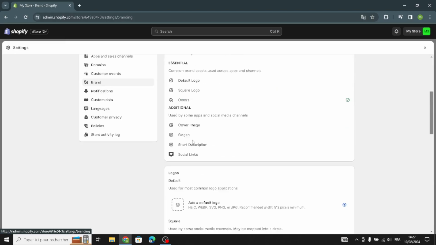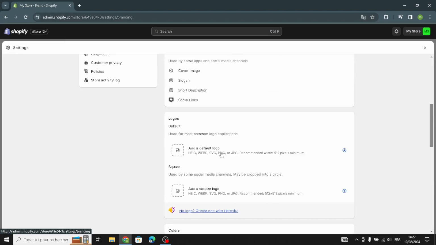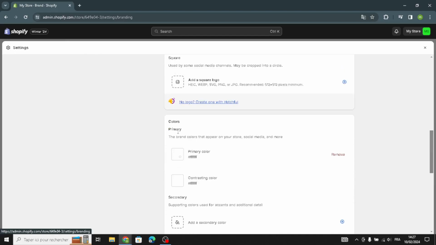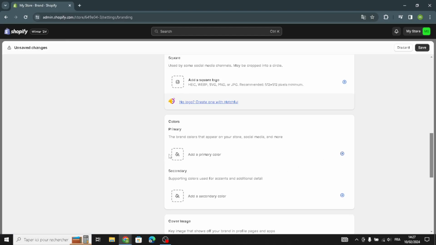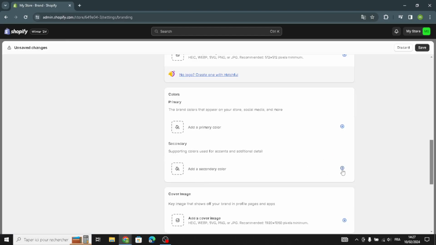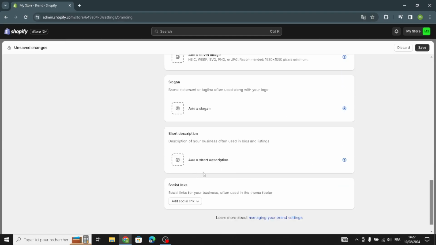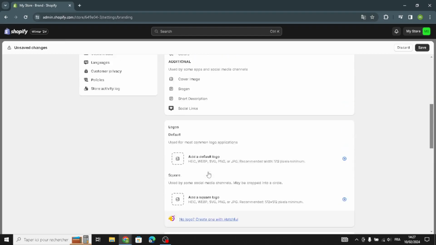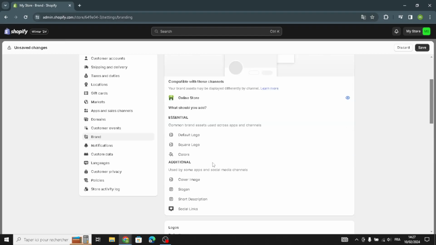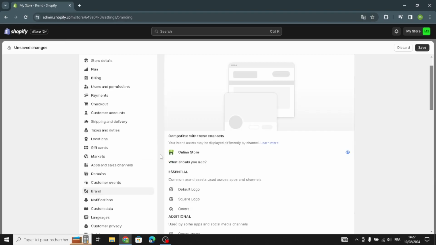So as you see here, you can add the logo, default logo or square logo. Here you can add the primary colors, the secondary color, the cover image. Here you can add the short description. Okay, so